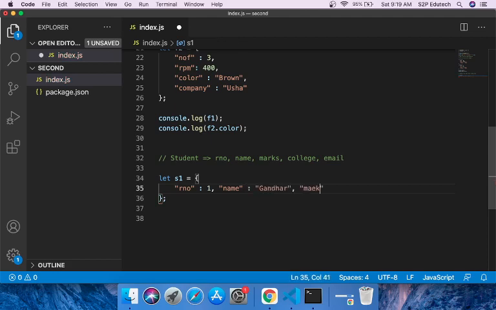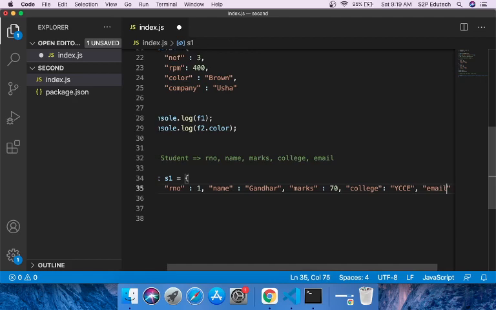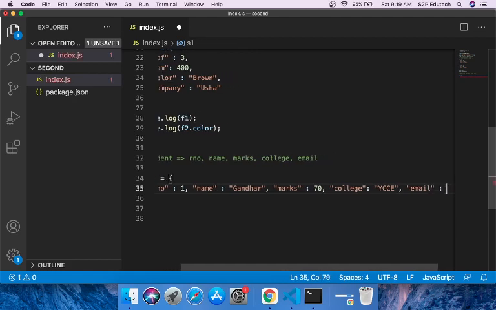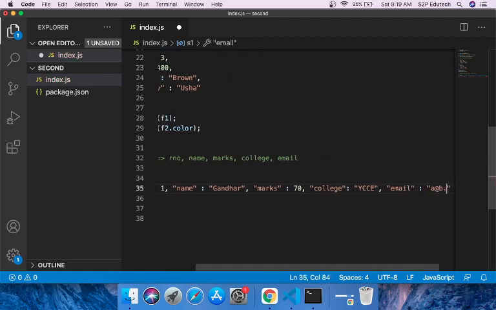Third property marks, I'll give say 70. Fourth property is college, I'll call YCC. And fifth property is email, I'll say a@b.com.